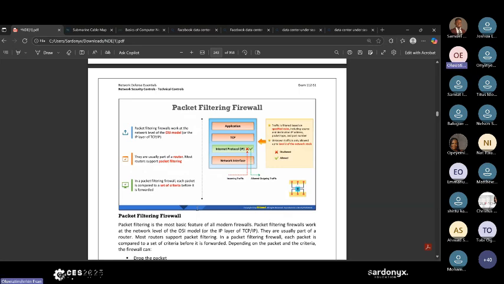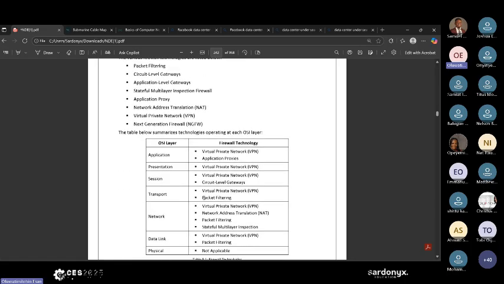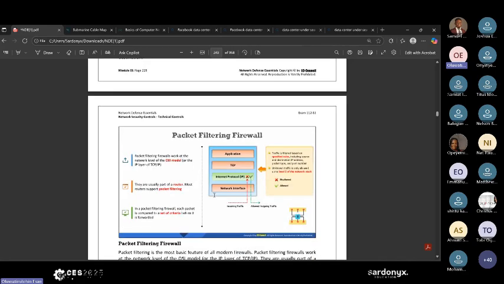Now, packet filtering firewall works at the network level of the OSI layer, right? Because it has the IP and the port. But under here, we put it under the transport layer. It depends on sending or receiving. But actually, like I said, because it has both the IP and the port, the major work is done at the network layer. Just like you have the packet. That's why I brought in PDUs, because it can be a little confusing. So they work at the network level of the OSI layer or the IP layer of the TCP/IP.